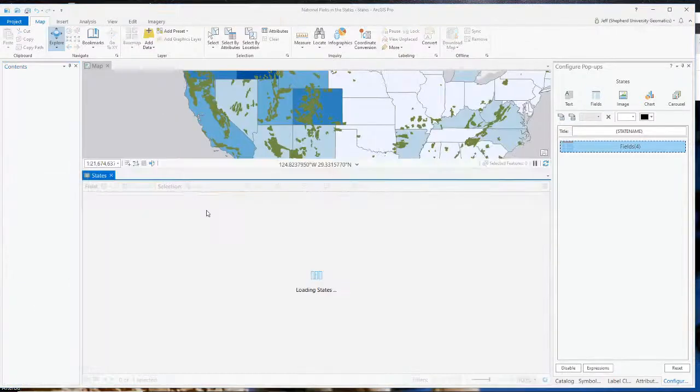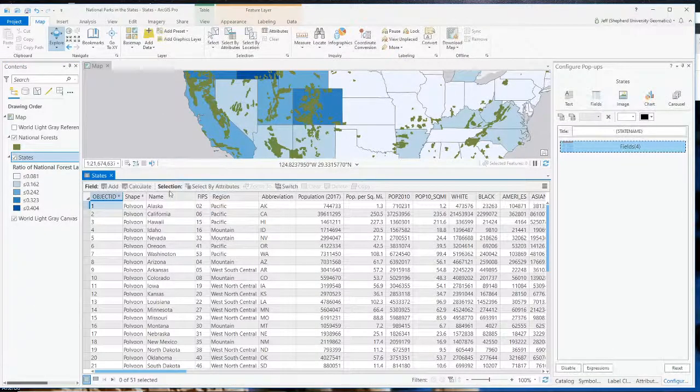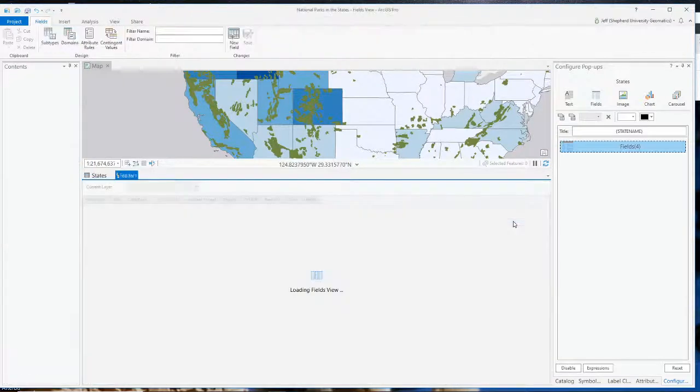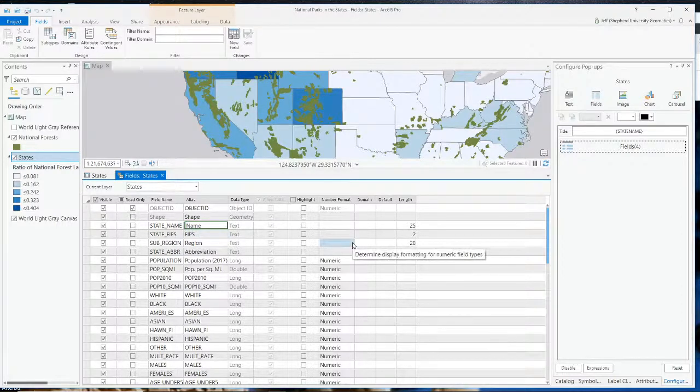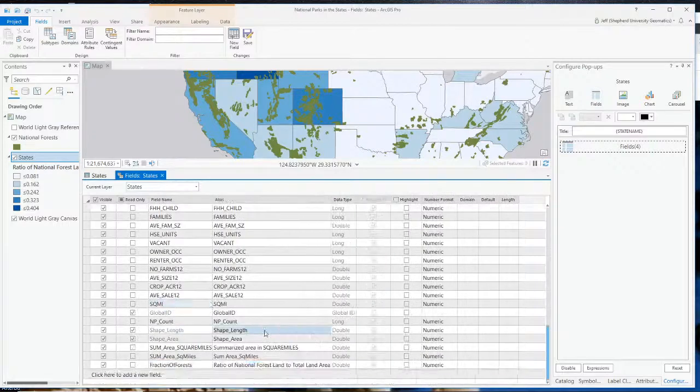So let's change that, and the way you change that is by changing the alias in the attribute table. So if you go to the attribute table for the states and click on right here in this little option button, one of the options is field view. And so in the field view, you can change the alias for these different things. So let's change that to state name, and down here we'll call this state area, land area in square miles,